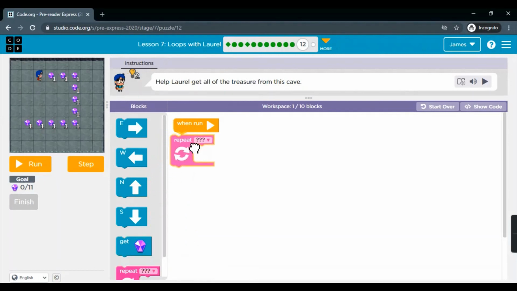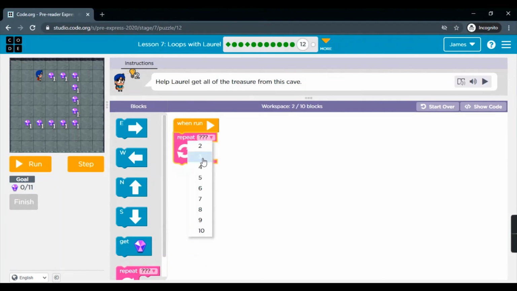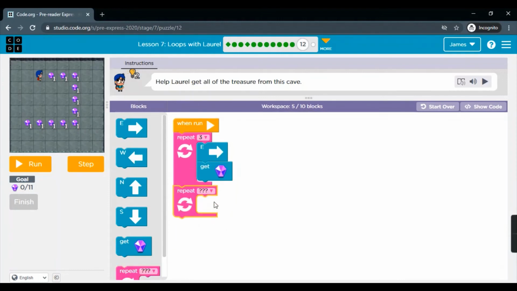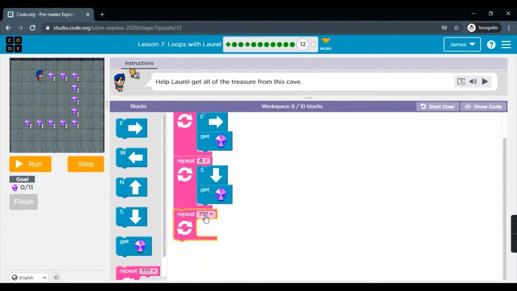Let's finish it quickly. 1, 2, 3 times east, get block, again 1, 2, 3, 4 times south, get block, 1, 2, 3, 4 times west block, and get.